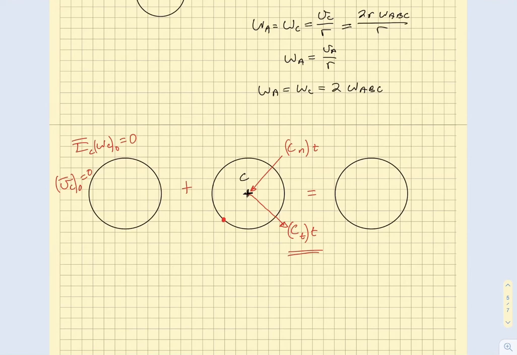I'm not so interested about the normal. And then lastly, I guess maybe I should have put this in a different direction here. In fact, I'm going to do that. I'm just going to put this on this edge here, because I think it'll be acting toward the center here. So we say C normal